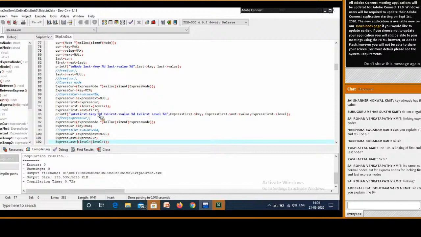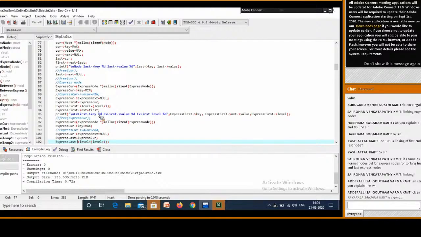That is how I'm storing the normal node base address in the express node first address. But this may not be required if you are at level 2, because level 2 is storing the base address of